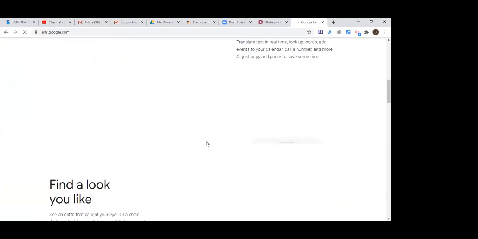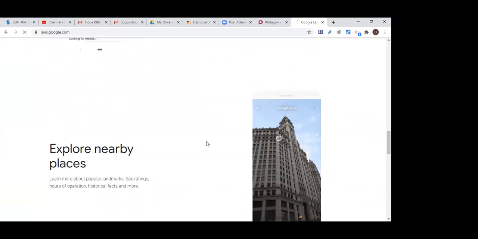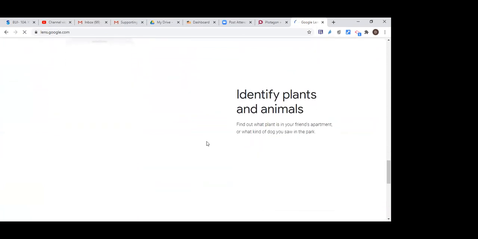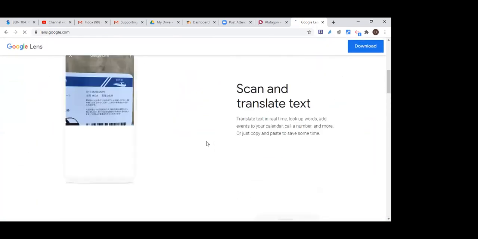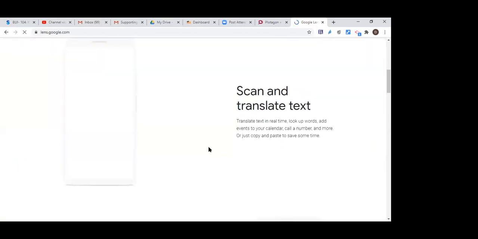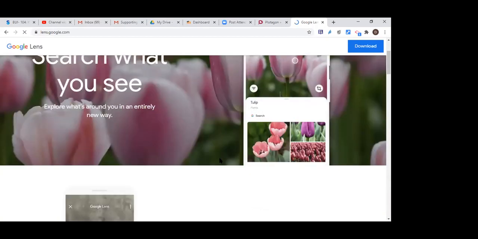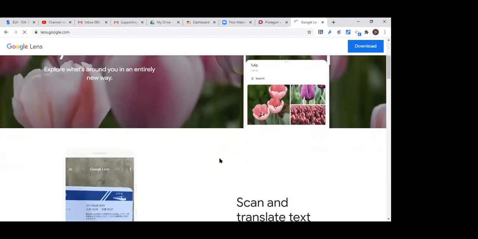Just download this app on your mobile, Google Lens, it's a really wonderful application. Once you download this app, at the bottom of the app you will find four or five options. The first option is translation.